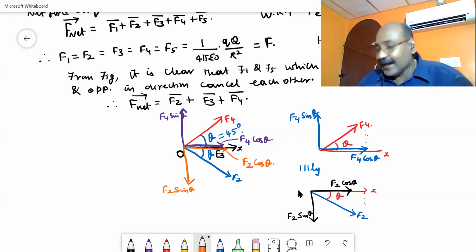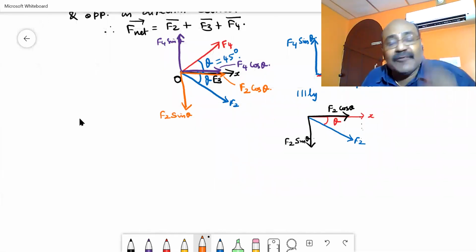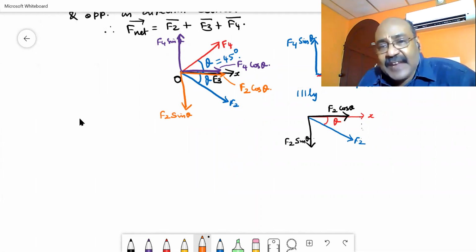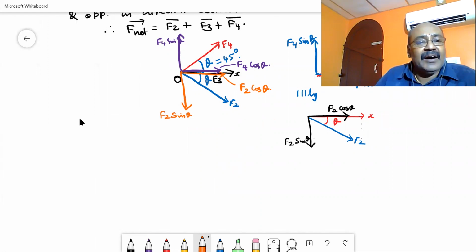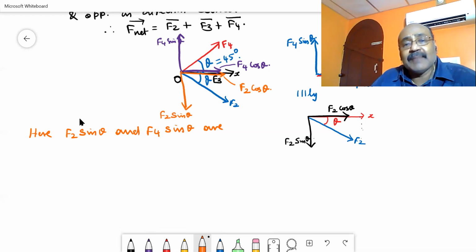Now look at the diagram again. When you are looking at the diagram again, F4 sin theta and F2 sin theta are equal in magnitude and opposite in direction. Because F4 and F2 are equal in magnitude, and theta is the same, both are having the sine function. So I can write F2 sin theta and F4 sin theta are equal in magnitude